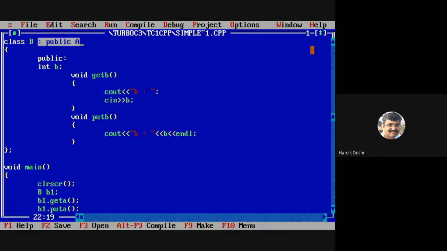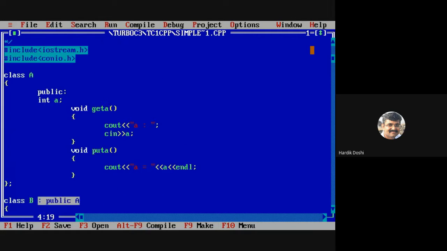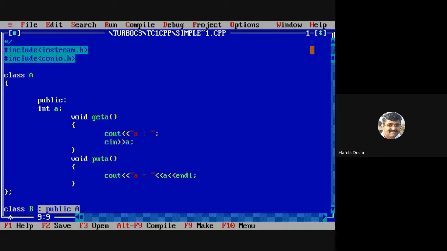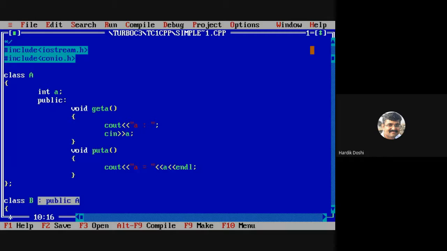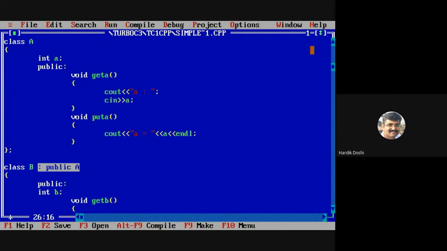So what is our standard procedure? We keep the members in the private section, isn't it? We keep it like this, and in the same way over here. Yes or no?